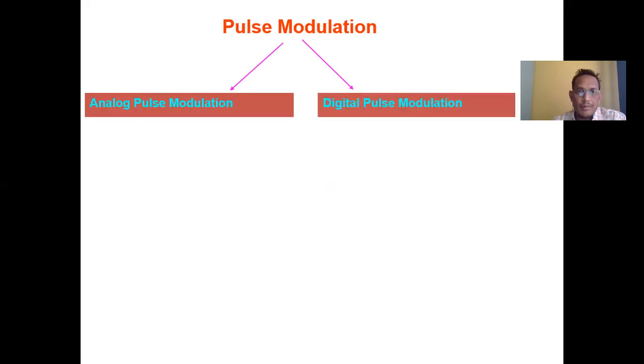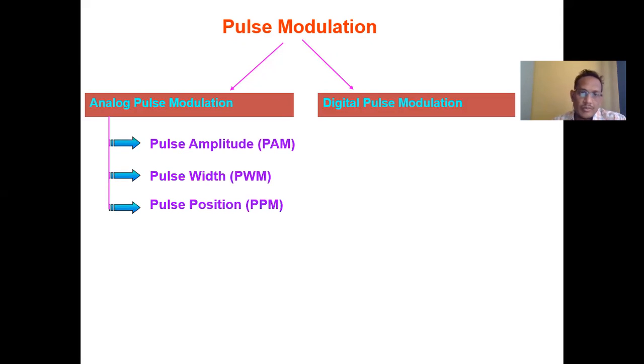So basically, before we start, the main concept that comes to the picture is called pulse modulation. In pulse modulation, we are going to use a high frequency carrier signal as a pulse train. Otherwise, you can use a square wave. Such type of modulation is called pulse modulation. These pulse modulations are classified into 2 parts, analog pulse modulation and digital pulse modulation. The analog pulse modulation is again classified into 3 different parts.